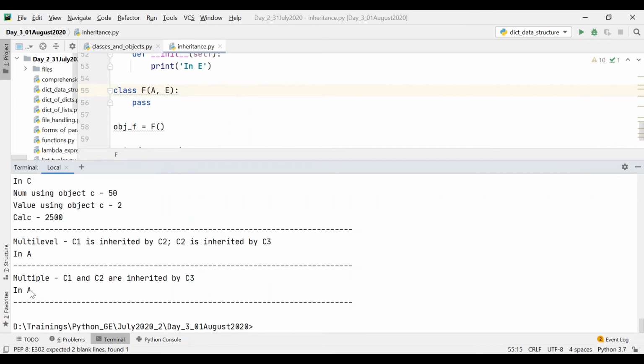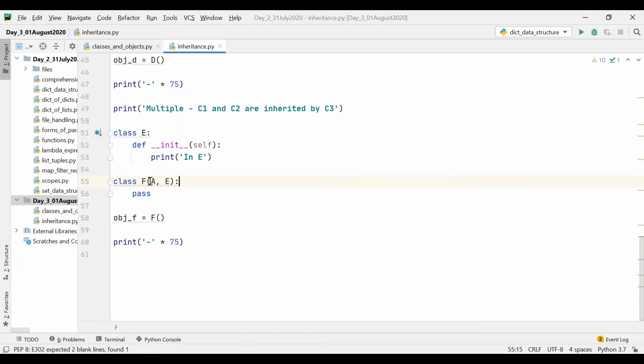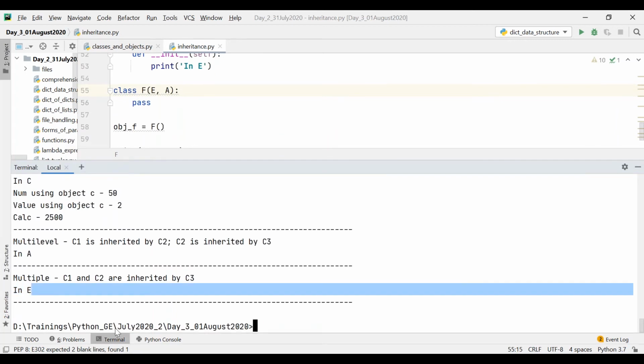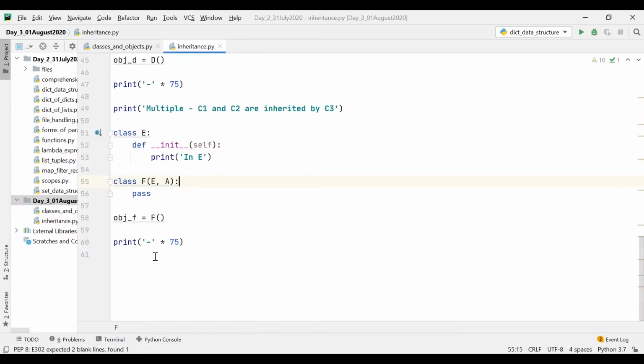Now if I change it to, let's say, E comma A, now E gets priority over A. Now you can see "in E". So this is called multiple inheritance.